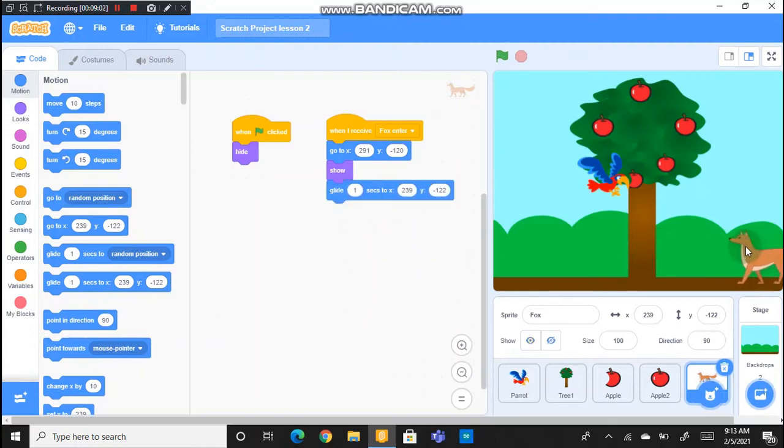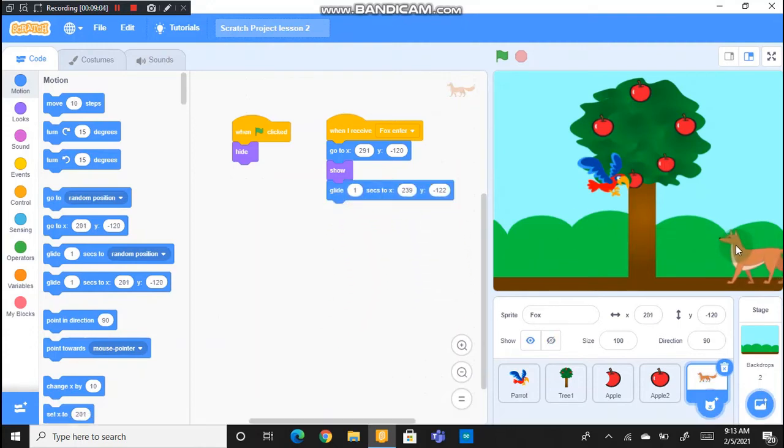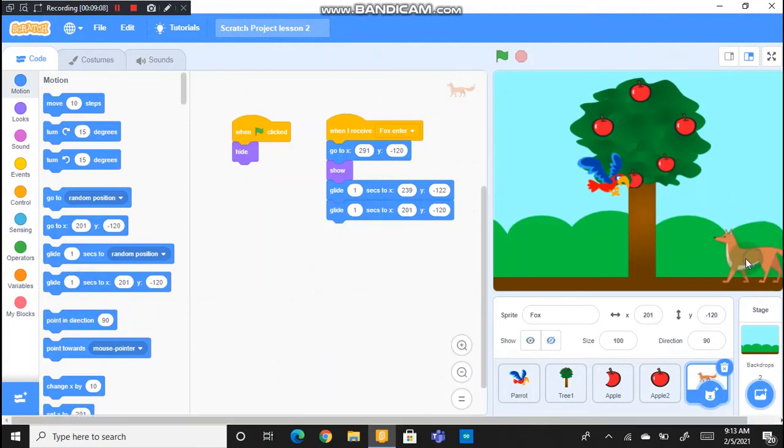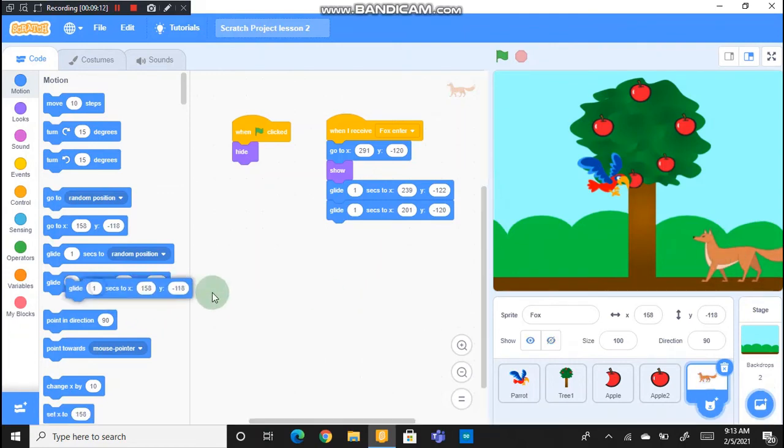I'm going to move the fox a little bit to the left and then take this. Again I'm going to move a little bit towards this. Again take this. So now the fox is here, but it's looking towards the branch of the stem of the tree. It has to look towards the parrot.